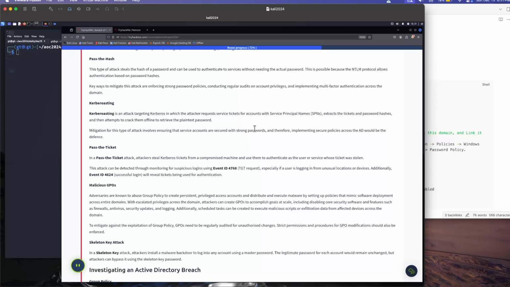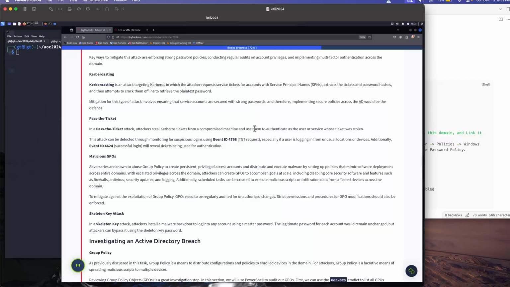Still, the hash of a password can be used to authenticate without needing the actual password. Yep, this is possible because the NTLM protocol allows authentication based on password hashes. Key ways to mitigate this attack are enforcing strong password policy, conducting regular audits on privileged accounts, and implementing multi-factor